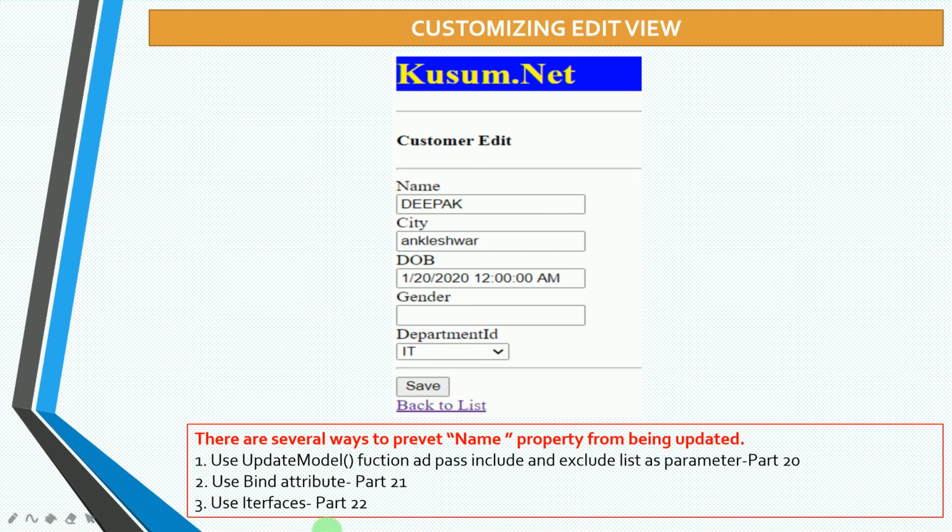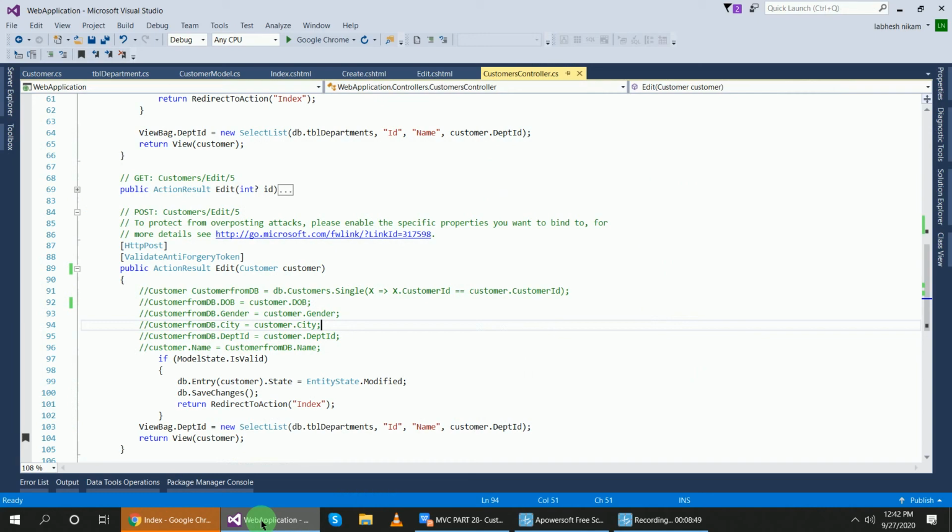So all things are done, and we are using this bind property with include and exclude list now in our application. So go to Visual Studio, and to provide proper security we will add the bind attribute here.